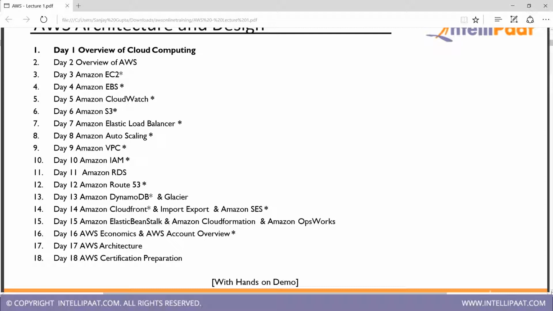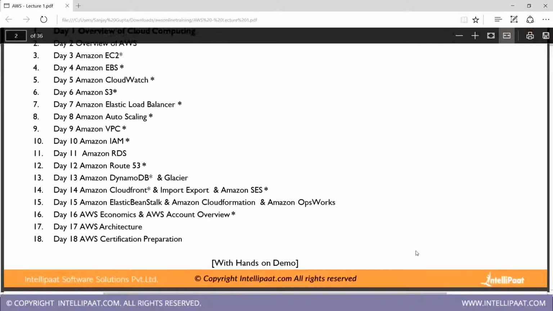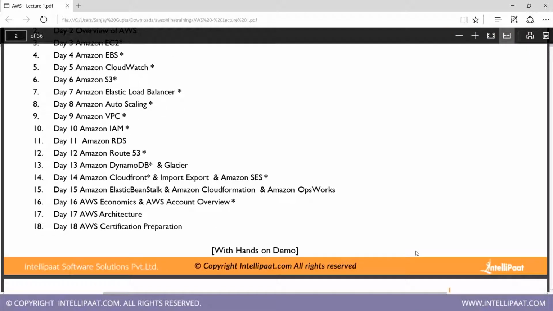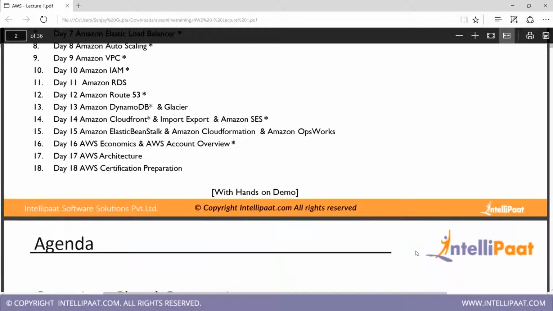The next definition is: we believe we are moving out of the iron age, the industrial age, the information age, to the participation age. What does it mean? Till now, you are just getting the information and using it. You are not participating in it. Using AWS, using cloud, you are going to participate. How? We are going to participate in the internet,